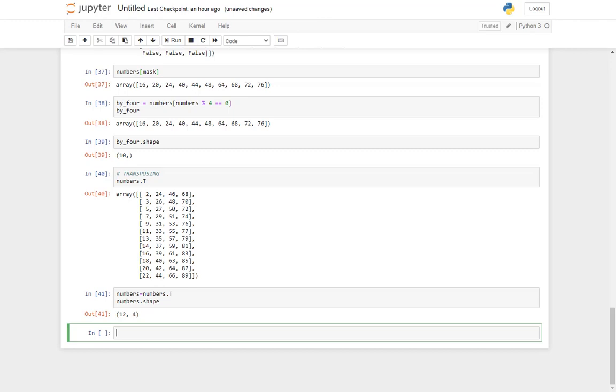Next we move on to sorting of data. Let us create our own array. Let's say data is equal to np.array. This function array will create an array of the given dimensions.